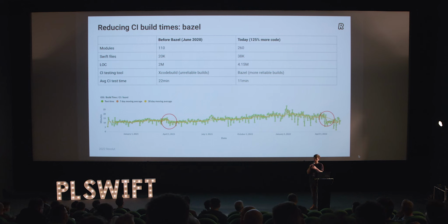Then you just enable remote cache. And the only thing you have to have in mind is you need deterministic builds, which can be tricky because when I build something on my machine and then I build something on my friend's machine and I see that the resulting binaries are different, well, you have to debug it, right? It's not easy. How do you understand why this binary is different? Is it some date that the Xcode build introduced, some path, something like that? So it's a bit of investigation. But yeah, when you get there, then it works.